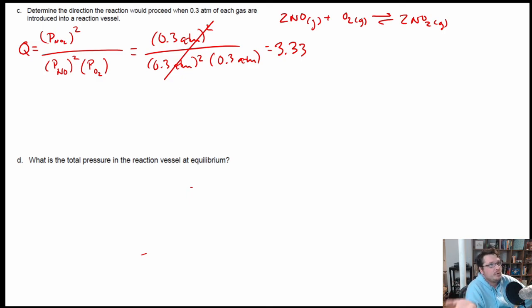So 3.33 is a lot less than 9.01 times 10 to the 11th, or whatever it was, 1.2 times 10 to the 12th, I think that I had gotten. And so Q is a lot smaller than K, which means that you have to form a lot more products to get to equilibrium. So at this point you're going to be forming products in this case. Product formation is favored at those pressures for everything. So then the final question is,